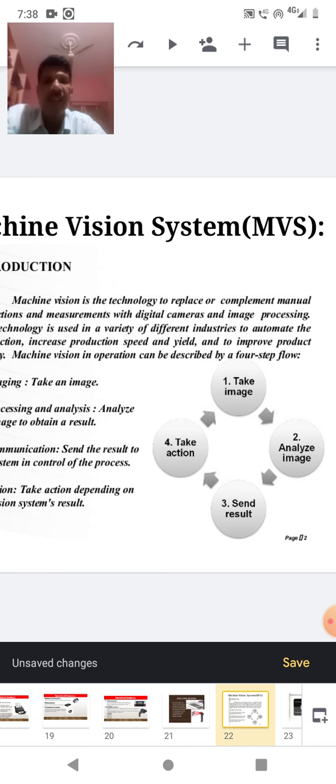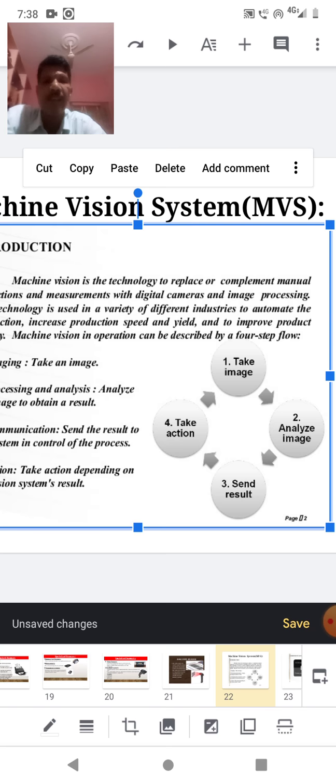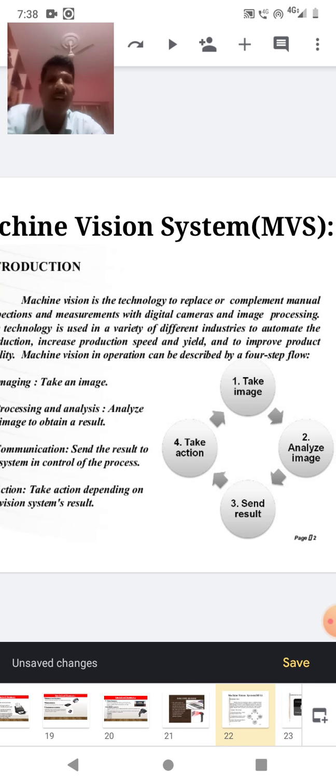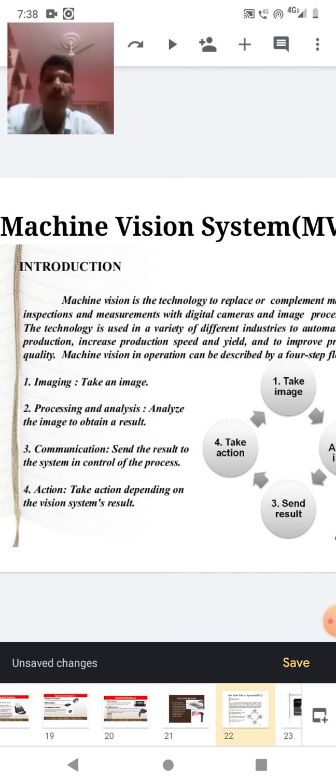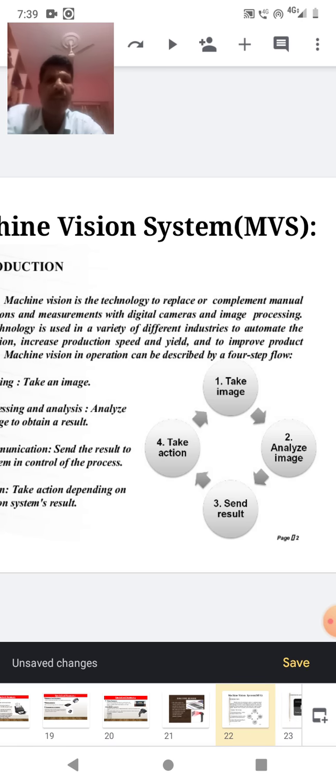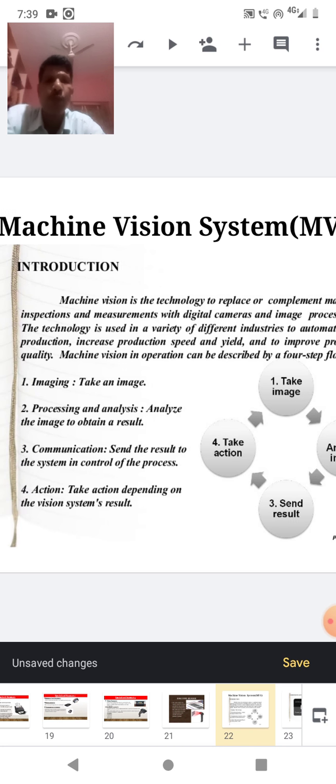Machine vision is the technology to replace or complement manual inspections and measurements with digital cameras and image processing.